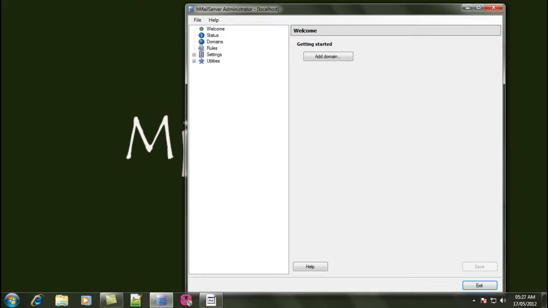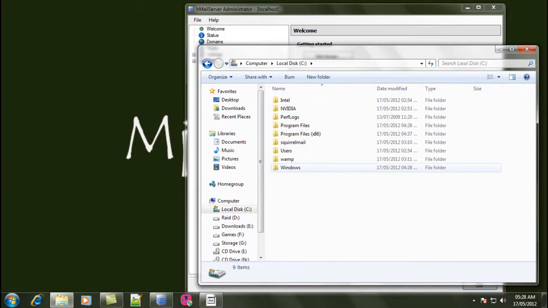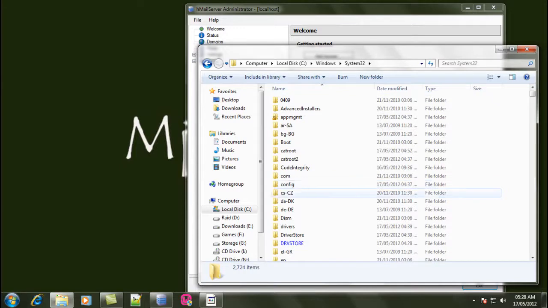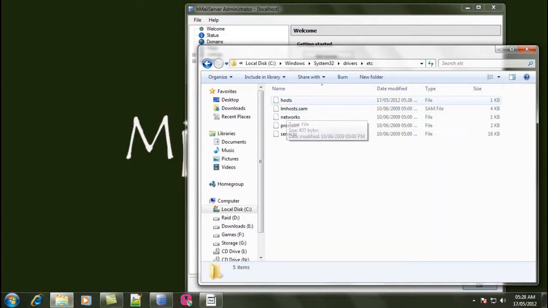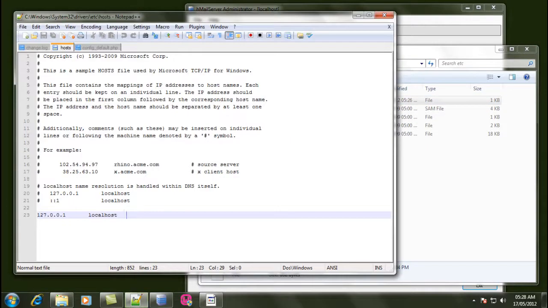Now before we add any domain, we have a minor configuration to do. So let's navigate to Local Disk, Windows, System32, drivers, and the etc folder. We're going to look for the file called hosts, and we're going to edit this file with any application you are comfortable with. I'm going to use Notepad, and at the bottom of my Notepad I'll see the localhost,